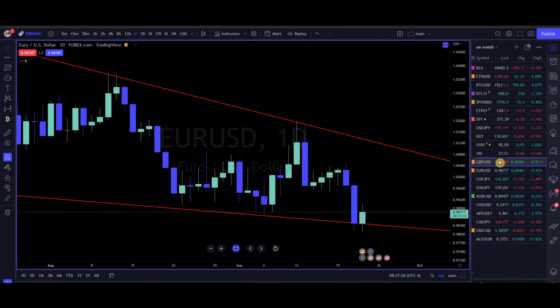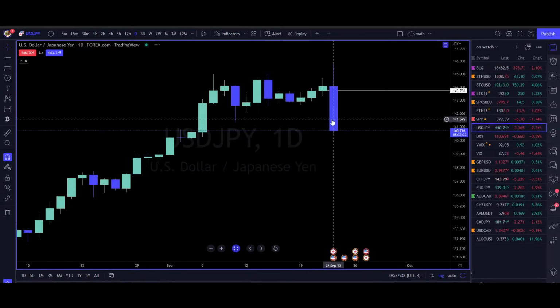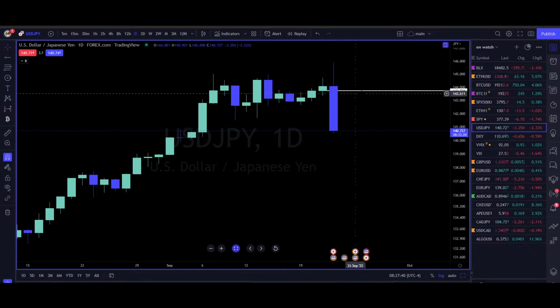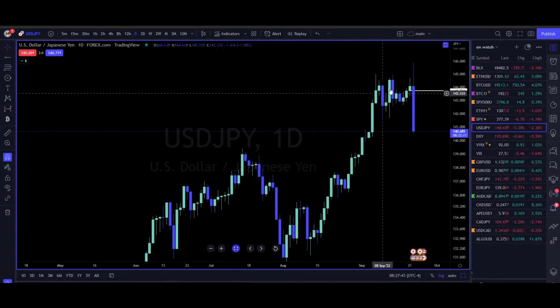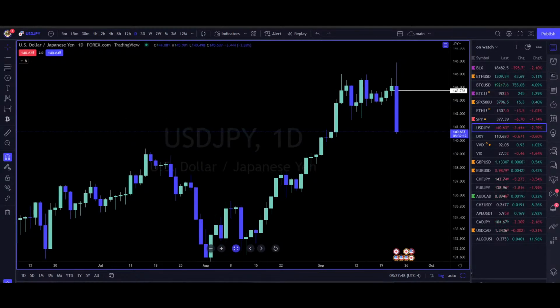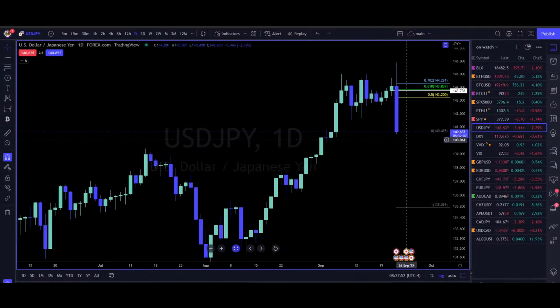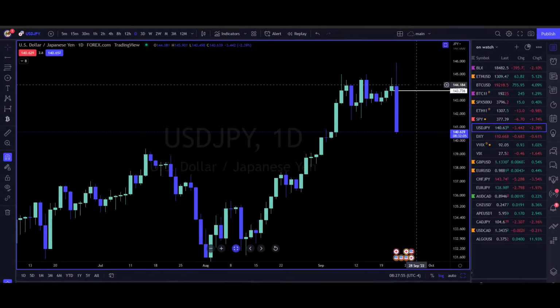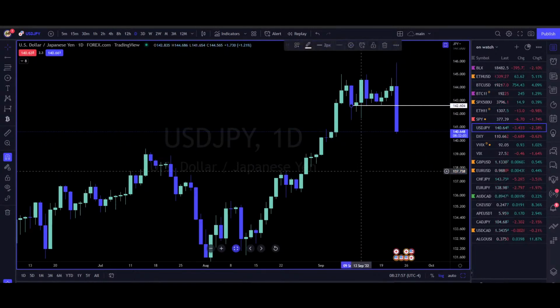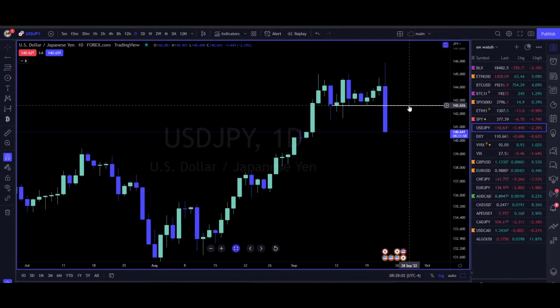The pound is up 0.5% on the day. Pretty good size move, but needs to close above yesterday's open for me to love it for bullish continuation. But as long as we get USD strength, here is the USD JPY. That is a fantastic looking candle for downside continuation. So we could watch wherever this thing makes the low. I don't think you'll get a pullback all the way up into there, to be honest with you. So watch 142.604 moving on this thing.